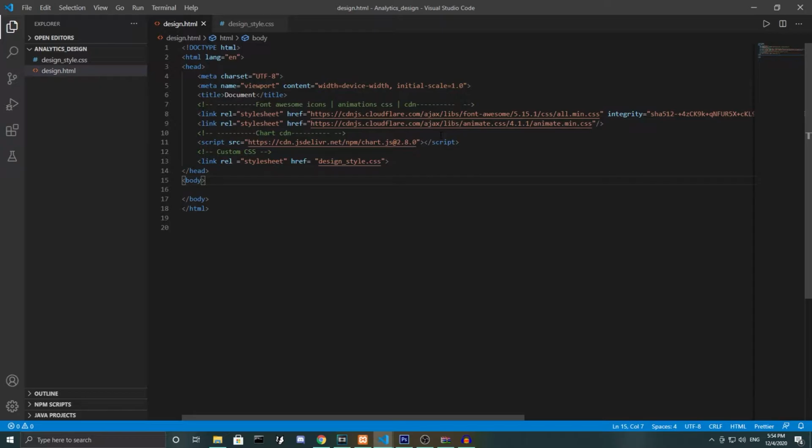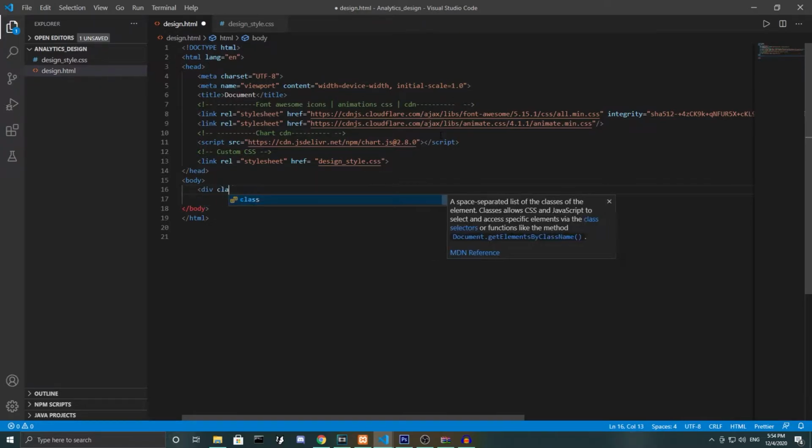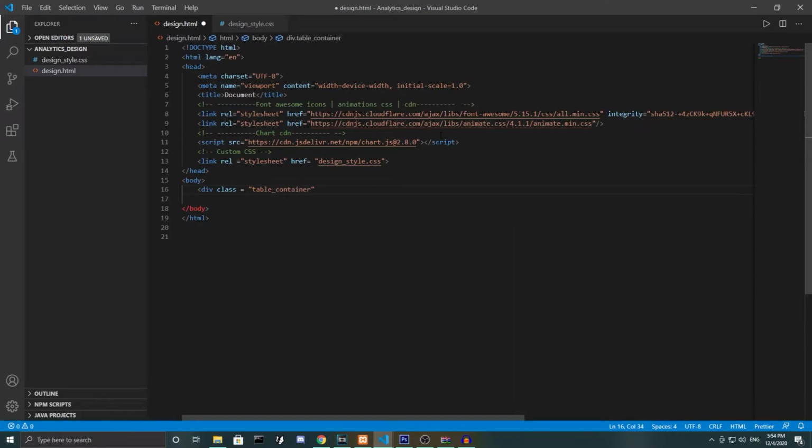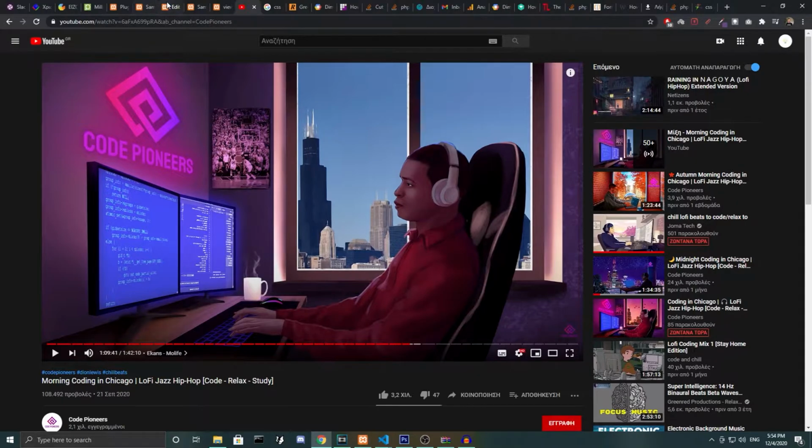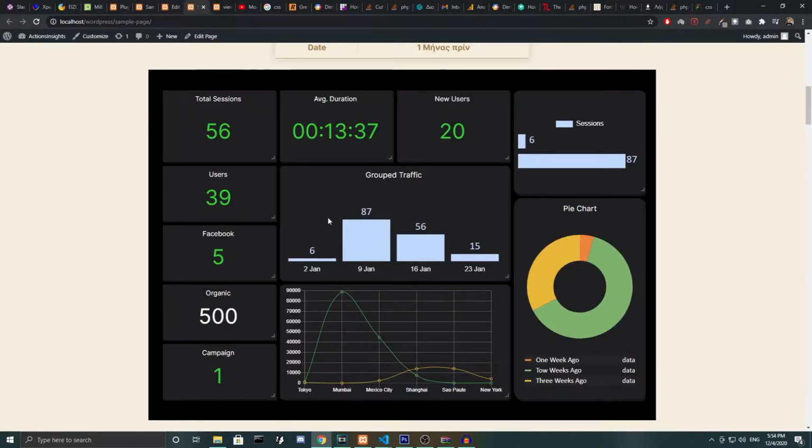So first of all, what we're going to do is make a div named table container. So if you saw the picture, the thumbnail, we should be getting this, right? We want to make this. So how do we make this? I want to make this with a table, right? It's going to be fast and easy. It's a table, it's a row, another row, another row, another row, another row. This one is a